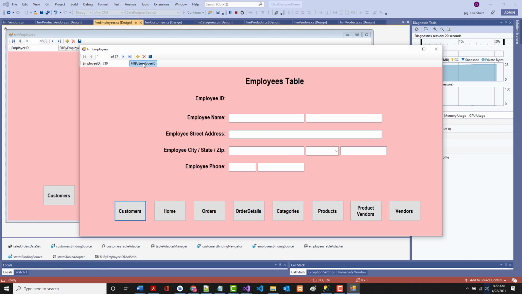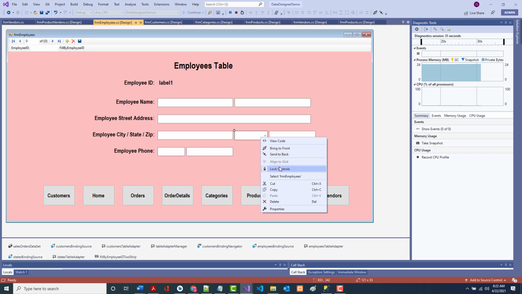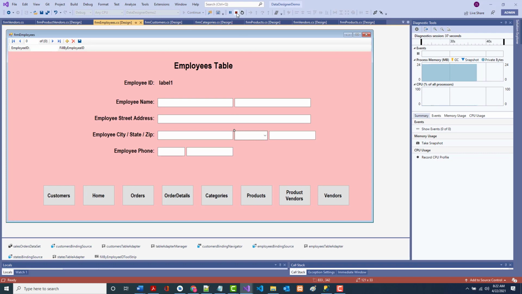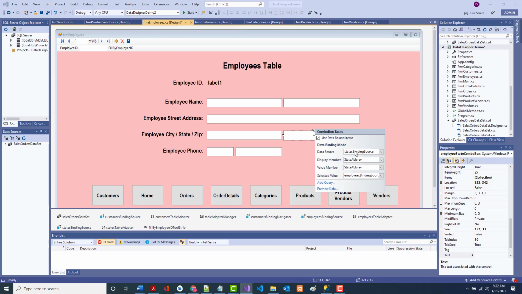So I'm going to show you what I changed. I'm going to see if I can fix this right now, because I fixed the other one evidently, not even knowing I did, but I did. So I'm going to unlock this, and bring up, oh, the program's still running, that's why. So I'm going to unlock this, bring up the smart tag, and see where this says binding source, it's got